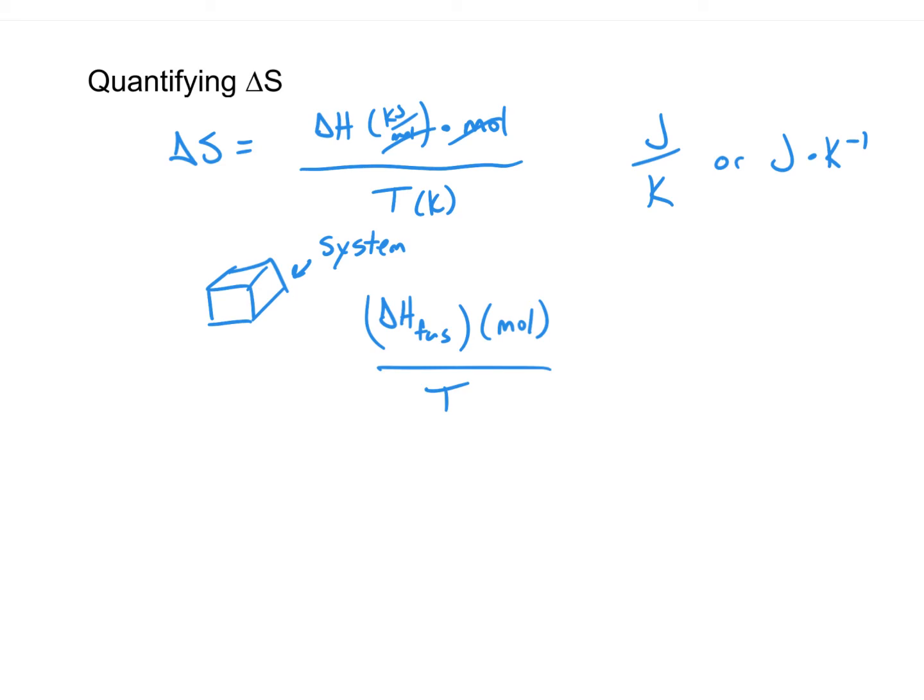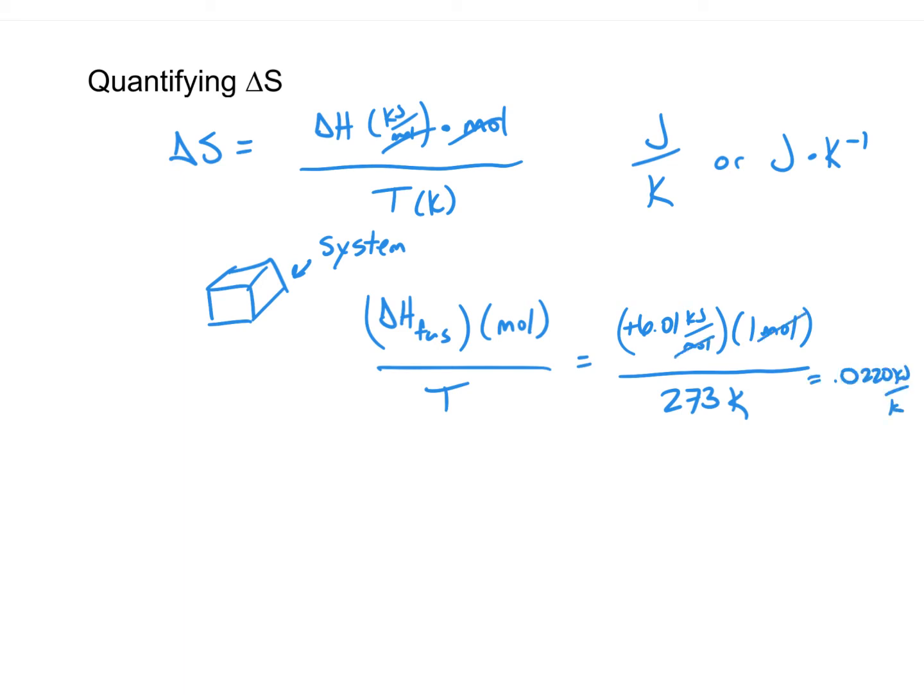So the heat of fusion, which is found in your textbook, is 6.01 kilojoules per mole. And to keep our math easy, let's say we multiply it by 1 mole of water. So the ice cube is 1 mole, exactly 18.02 grams. So it's 1 mole of ice. And the temperature at which this happens is 273 Kelvin. Again, we have to make sure that the temperature is in Kelvin, just like we do for gas laws. So if we take 6.01 times 1 divided by 273, we get